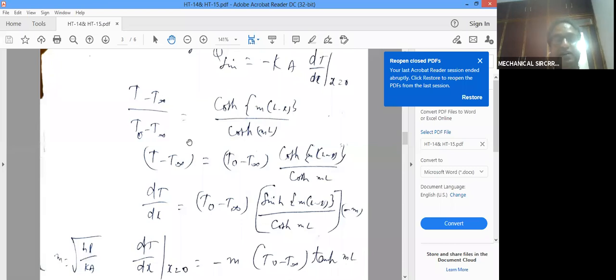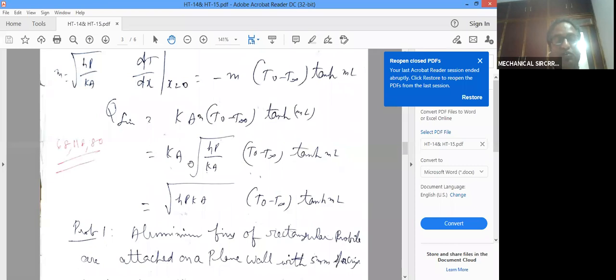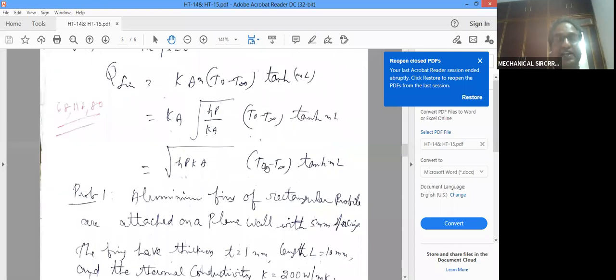Insulated fin: cosh m(L minus x) divided by cosh mL. And for the long fin, heat transfer Q fin is equal to root(hPkA) into T naught minus T free stream. But in the second case, listen very carefully. For the insulated fin, the heat transfer rate Q through the fin is equal to root(hPkA) into T naught minus T free stream into tanh mL. So here tanh mL is a product, you have to multiply with tanh mL.